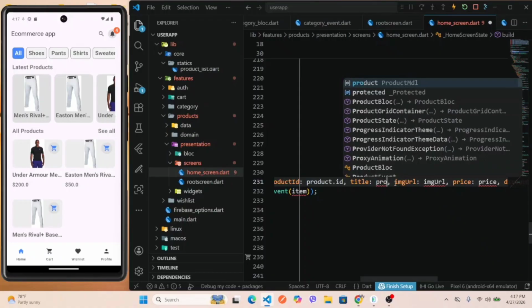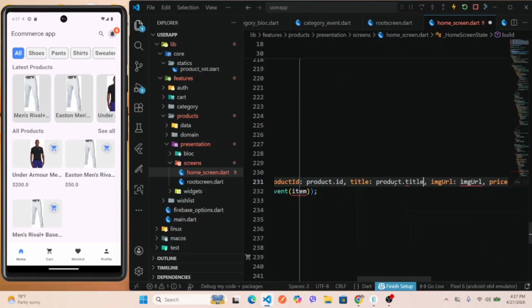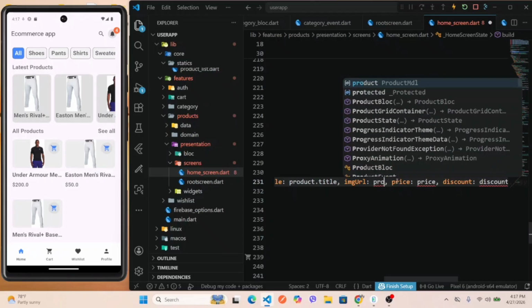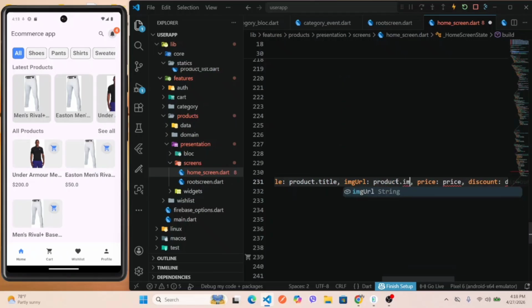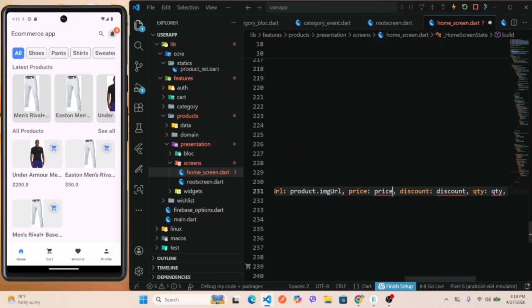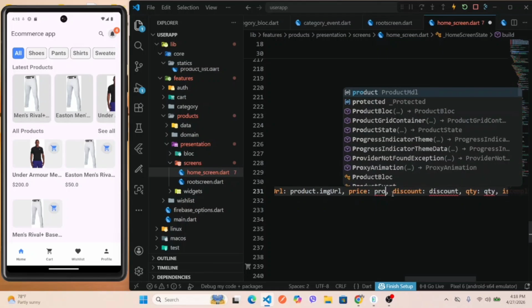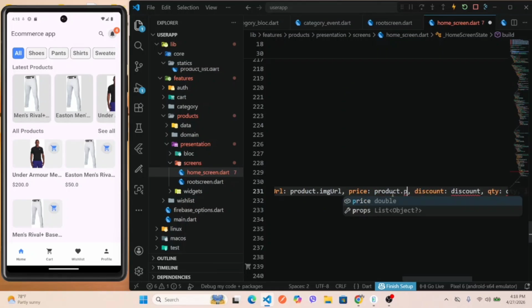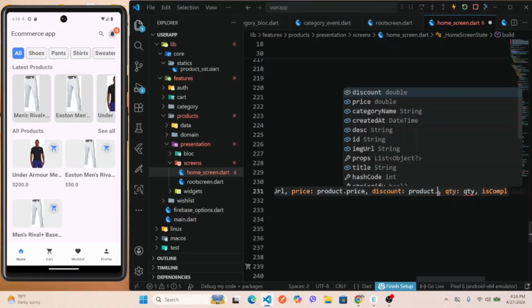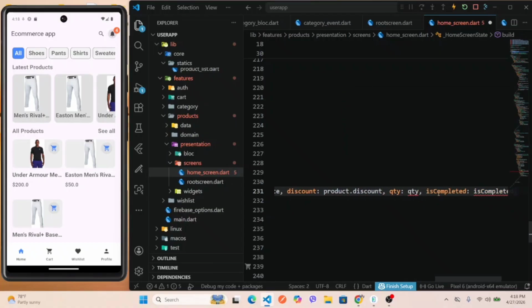And for the title, let's give the title from the product, and also here let's give the image URL, and for this price also with the price, and also discount. For the quantity, let's keep one as default,